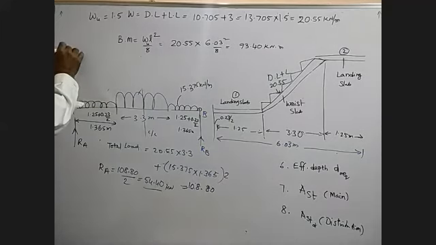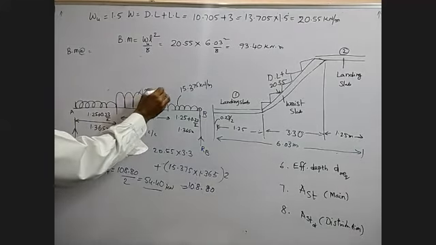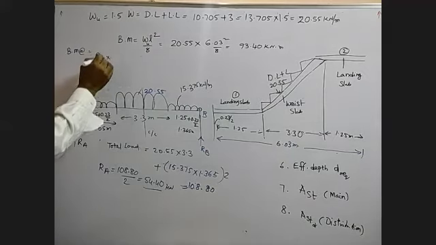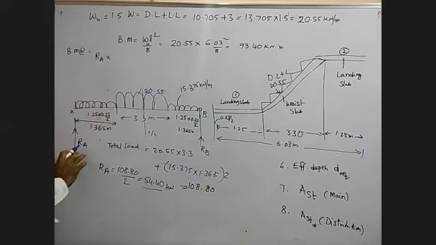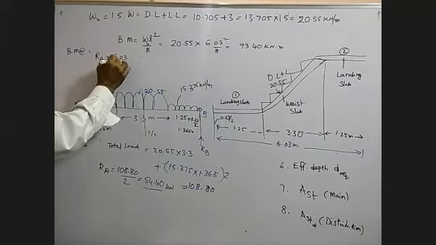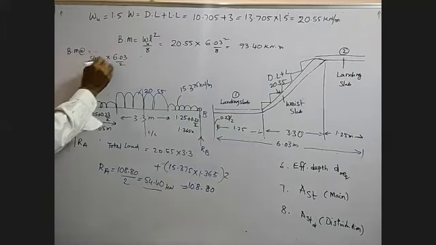Bending moment at center. This is 20.5 or something. 20.5. Bending moment at center. Here, RA into this distance. RA into distance is RA into 6.03 by 2. RA is 54.4 minus